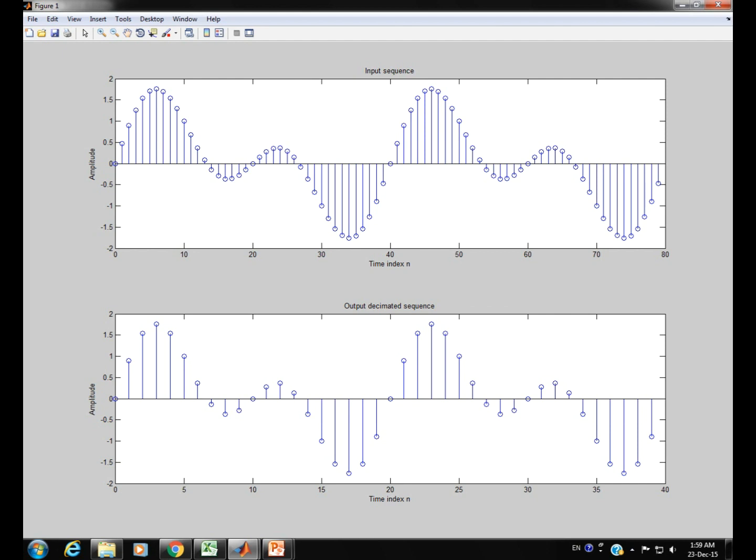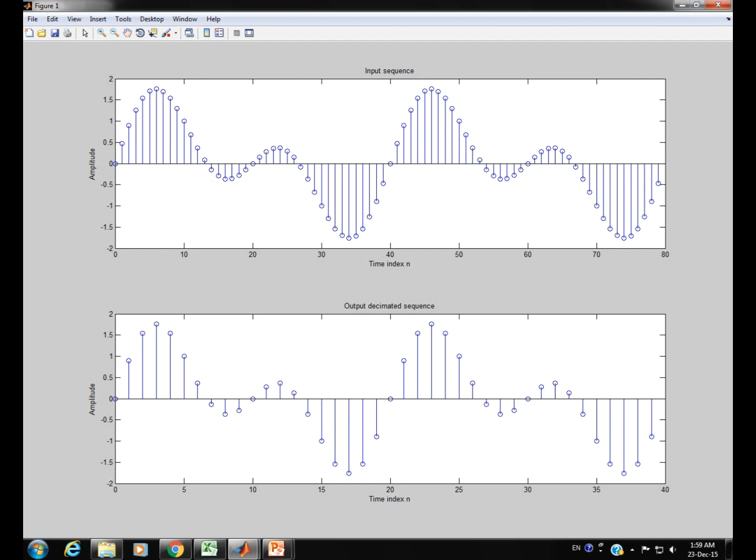So what it was 80, because of the decimation factor 2 it has become half. So we have a total of 40 samples only, and the nature of the amplitude change remains the same. The amplitude changes that we used to describe by the 80 samples for the input signal here, now we are describing the same with a mere 40 samples because of the decimation by the factor 2 here.